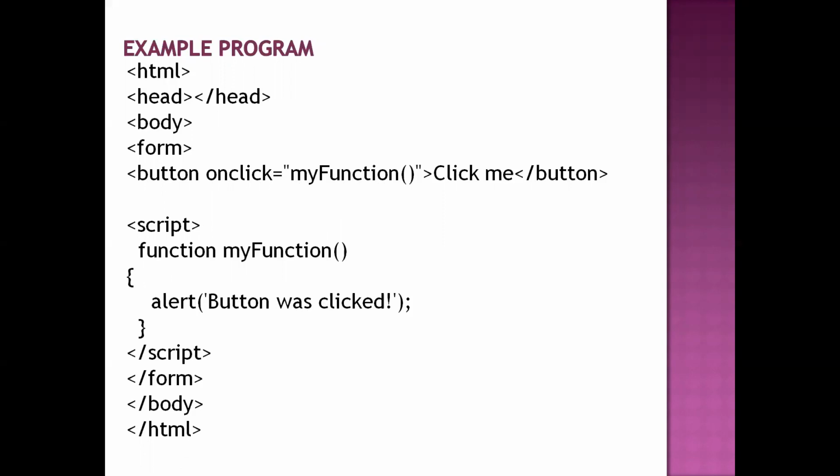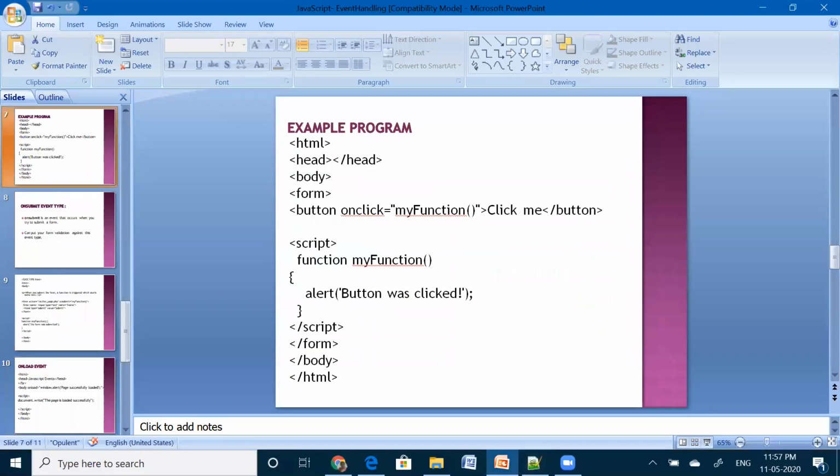In this case, if you want to write any kind of validation code, or any code to submit that data to the server, you can write it. Anything you can write under the function. Here, just for the example's sake, I wrote one message. Whenever I click on the mouse button, this message will get executed. Okay, let us see the output of this program also.